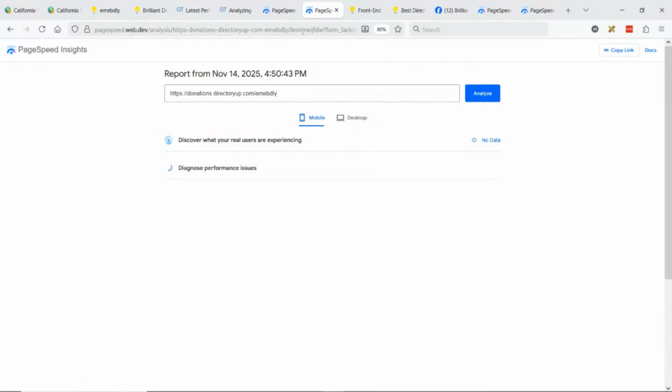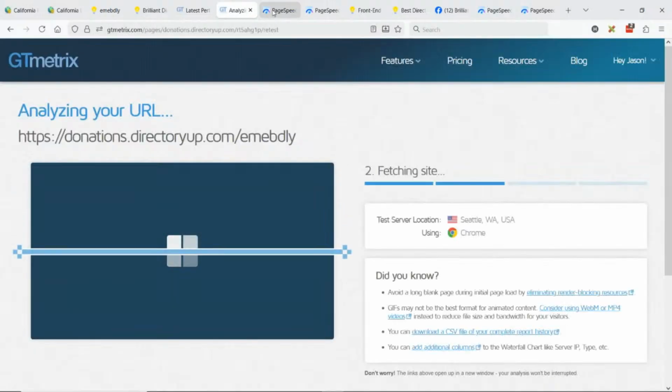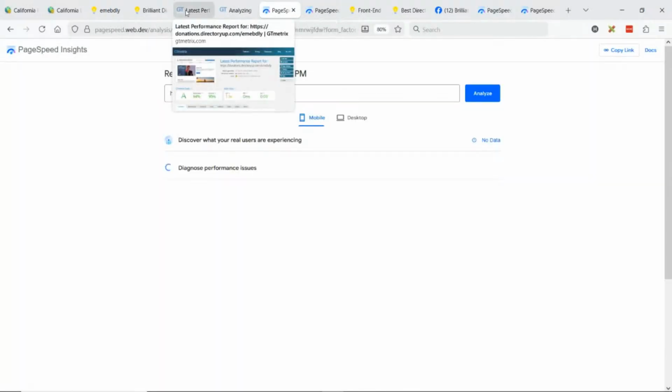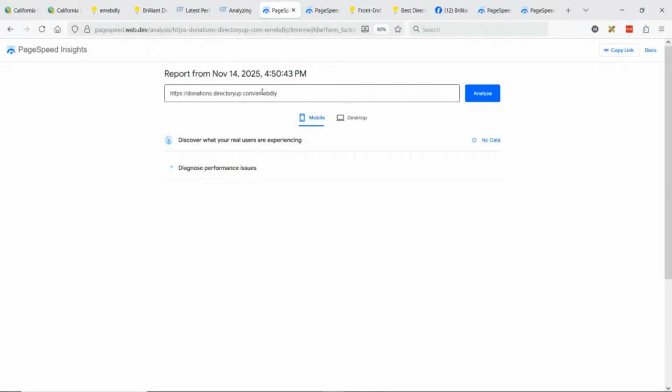Okay, perfect. Let's give these a second to run. Let's put these new ones side by side that are processing right now, and then we can compare the before and after scores here. And yeah, just one thing,